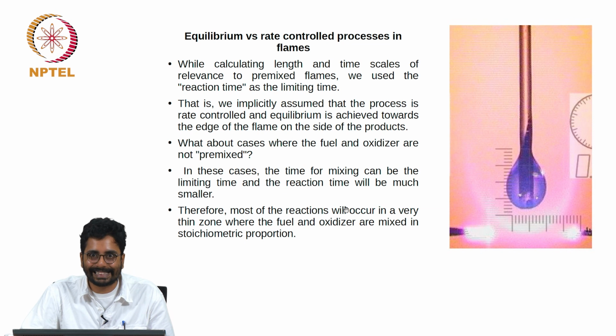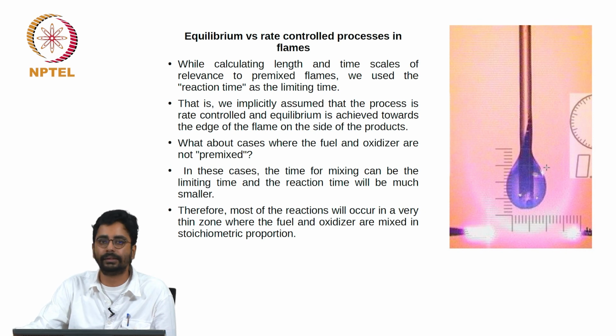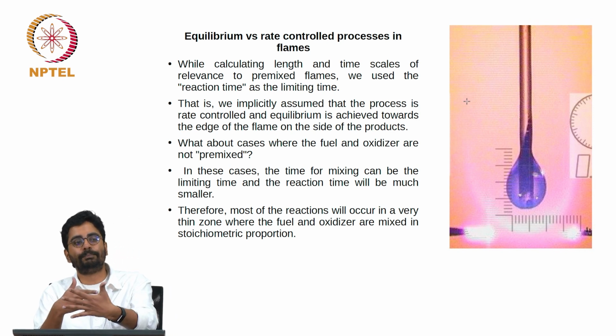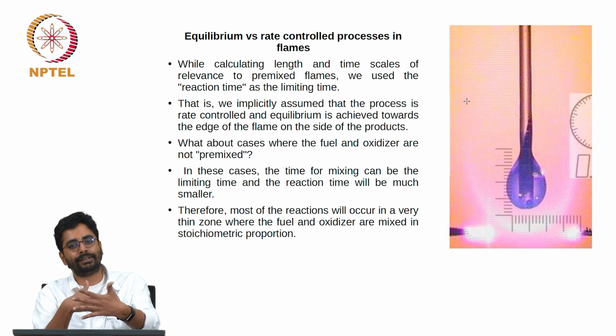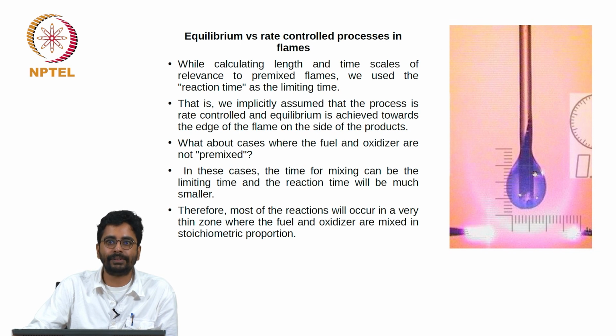One example of such a case is what is shown here. What you see here is an ethanol droplet suspended by a quartz rod, ignited with a spark. You can see a thin bluish flame surrounding the droplet. It is not prominently visible because the picture has been taken with backlight so that you can simultaneously see the flame as well as the droplet. In the absence of the backlight, you will actually see a prominent blue flame here.